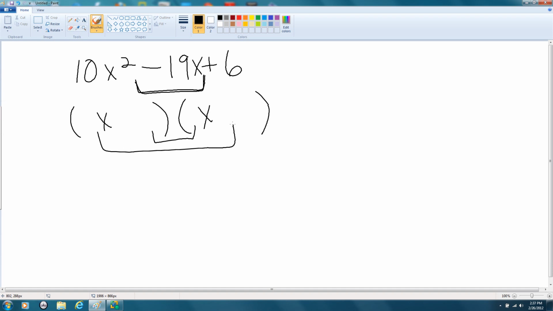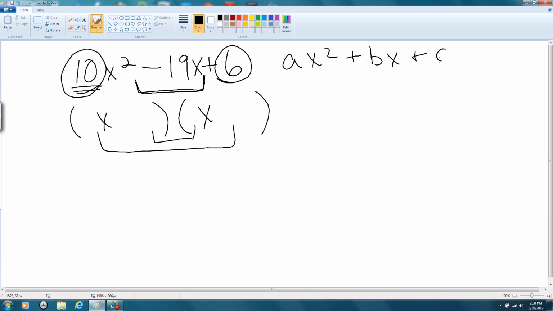First of all, we want to make sure a up here is not negative. If this were to be negative, then you would multiply the whole thing through by -1 to make it positive. Then what we're going to do is look at the product of a and c, if we have the form ax squared plus bx plus c, where the product ac